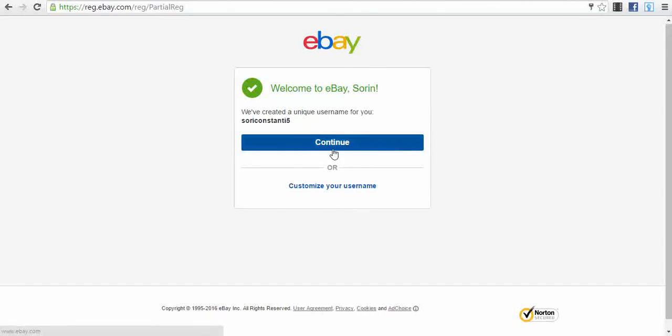Customize your username. This is a very important setting here, and we will discuss it at this point. It's not such an important setting from the standpoint of you as a buyer, but it's more important from the standpoint of you as a seller. We are talking about credibility here. People react in a very interesting way when they see different types of usernames, and when they see a username that is more professional, obviously it will be more trustworthy to them, and they will be more likely to buy from that seller rather than another seller.